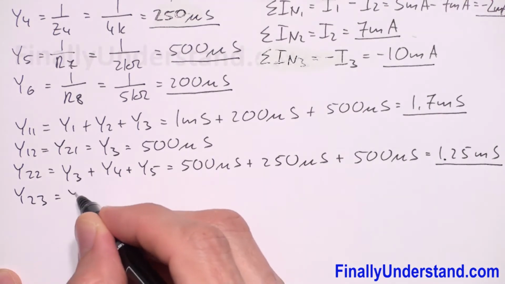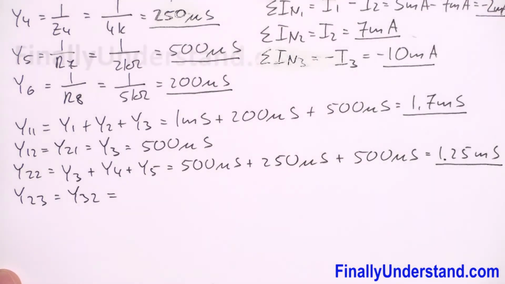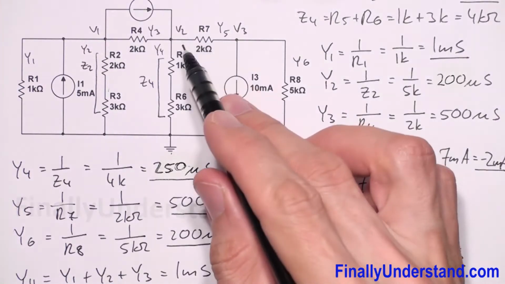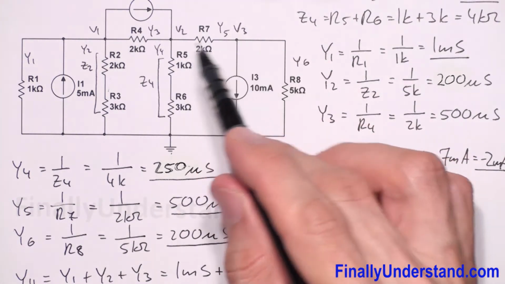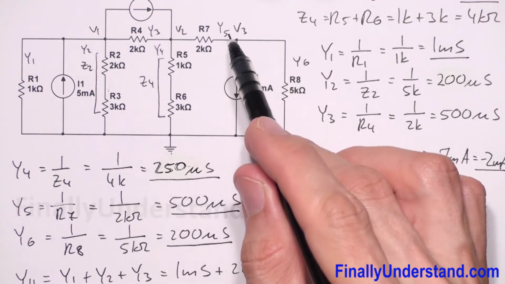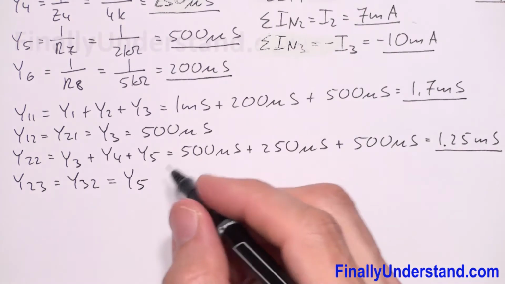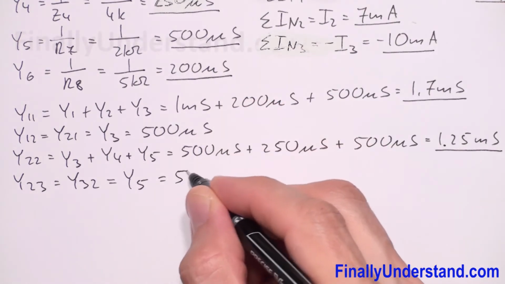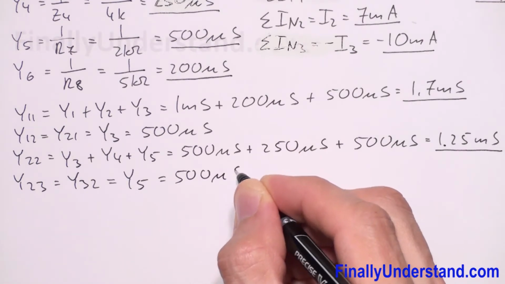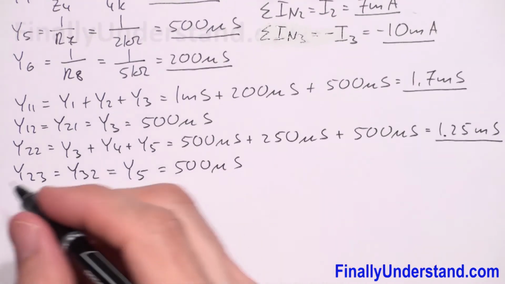Y23, which is equal Y32. Okay, so this is the admittance between the node 2 and node 3, or between the node 3 and node 2. This is equal to Y5. So Y5 over here. And Y5 we found is equal 500 microsiemens. Okay, next I'm supposed to find